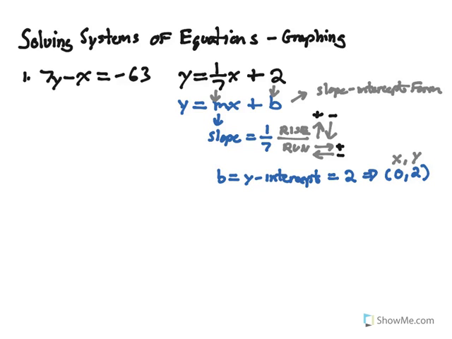Okay. So this other equation is in standard form. And standard form is basically ax plus by equals c. And that's going to be in standard form. So we're going to have to solve for y. So when we go from standard form to slope-intercept form,